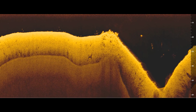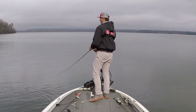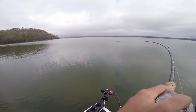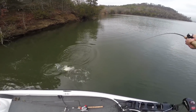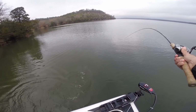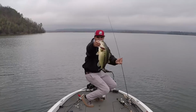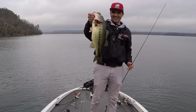I'm fishing today, but for example on Lake Dardanelle, which is a shallow, dirty water lake, a lot of times these fish will be setting up to spawn in 2 to 3 feet of water, and when that cold front comes through, they might pull out to 7 to 8 feet of water out in front of shallow grass, lily pads, or just down the bank. And you might be able to catch these fish fishing an Alabama rig or a jerkbait and find them suspended in 4 to 5 feet of water over 8 feet of water just in front of where they're going to